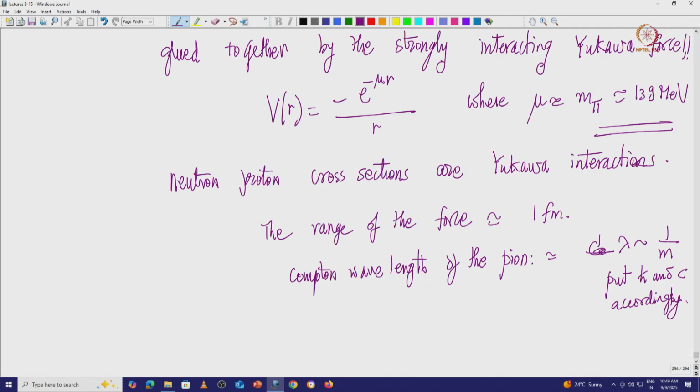Now the point is that this is an interaction exactly like the electromagnetic potential. It has a constant on the top, which I told you is equivalent to the Yukawa mass, the particle mass, which is of the pion. Now can it be made dynamical? Essentially that means, can it be made dynamical in such a way that it would lead to a mediator with a mass of mu? So how do you know that? This can be thought of in dynamical form.